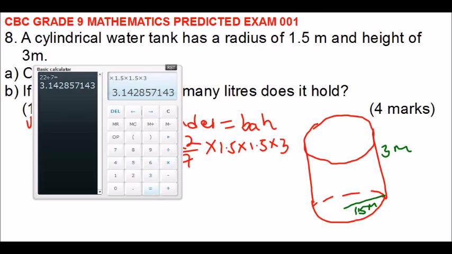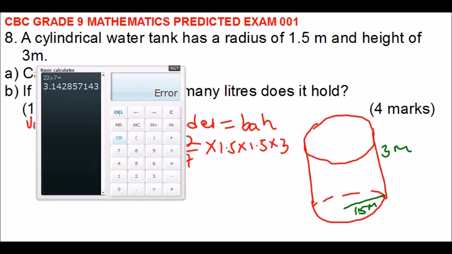It's showing me an error. Let me try again: 22 divided by 7 multiply by 1.5 multiply by 1.5 multiply by 3, and it is giving me